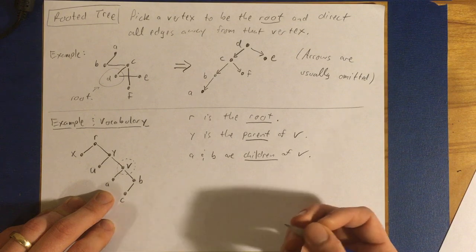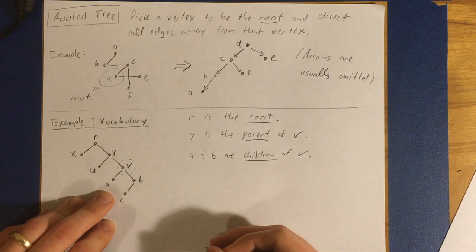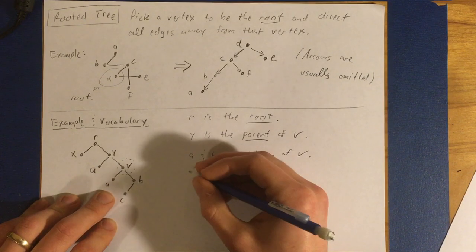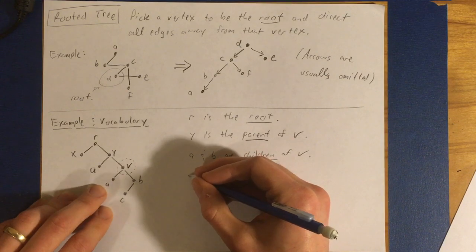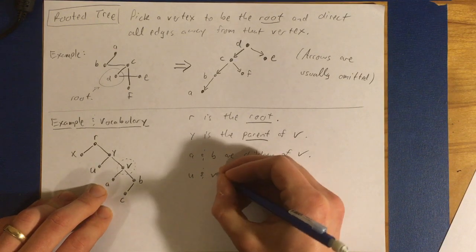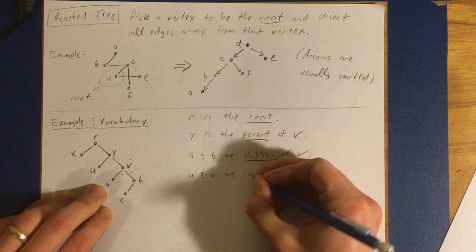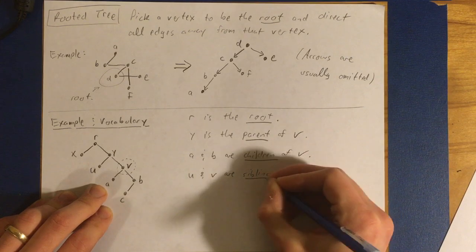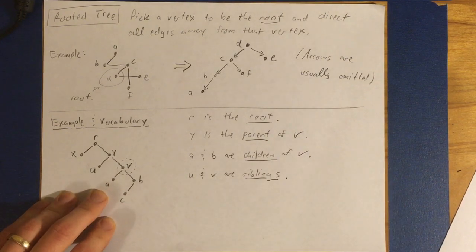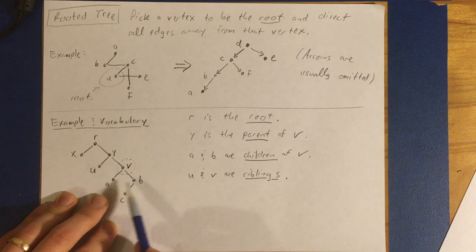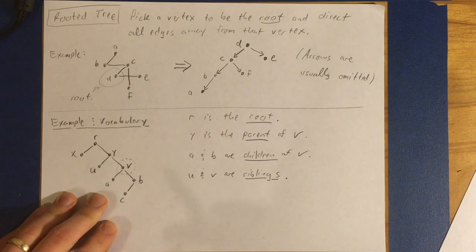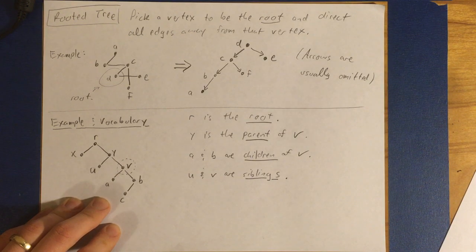Speaking of parents and children, we can also have siblings. If two vertices have the same parent, they are siblings. So in this case, U and V are siblings. Remember, I'm doing everything from the perspective of vertex V, but you could also say A and B are siblings, or X and Y are siblings. And then we can also talk about